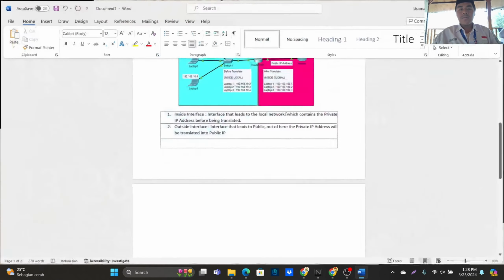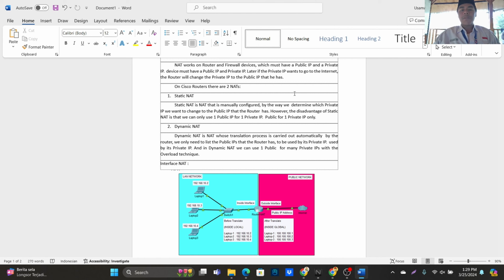NAT works on a router and firewall device, which must have a public IP and a private IP. Later, if the private IP wants to go to the internet, the router will change the private IP to the public IP that it has.